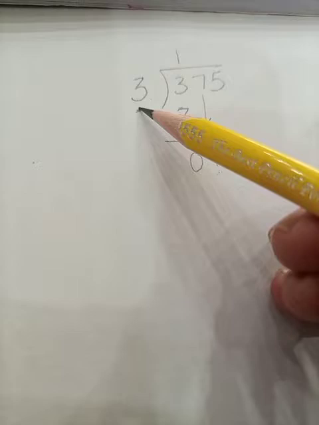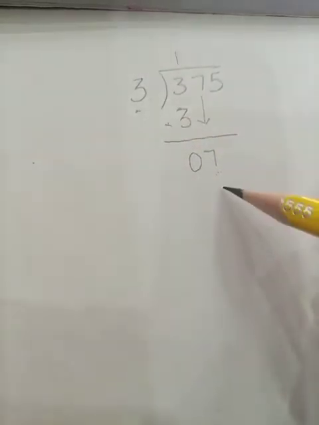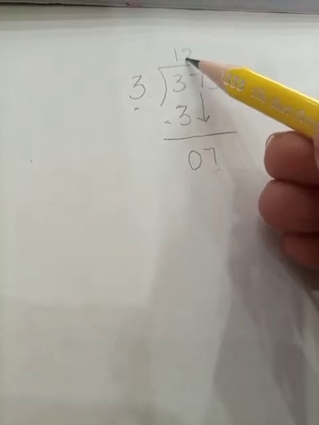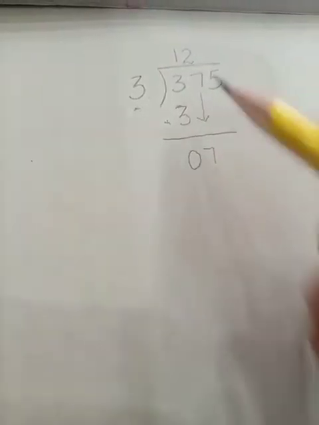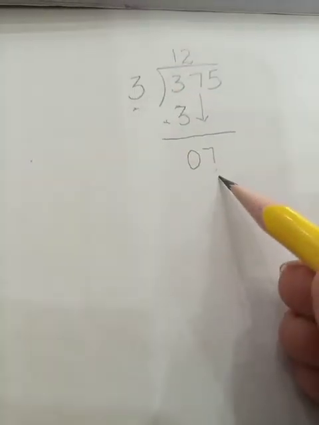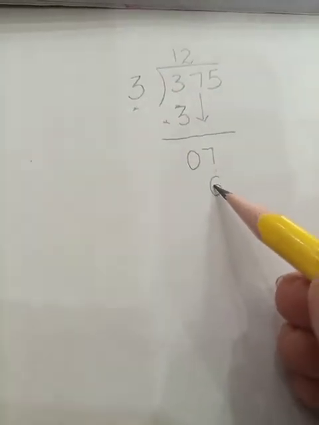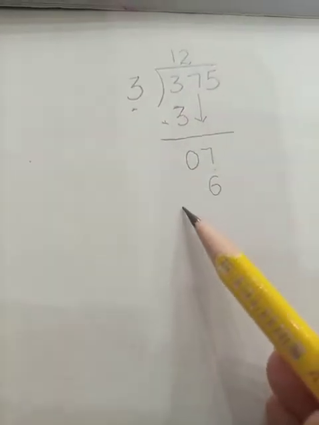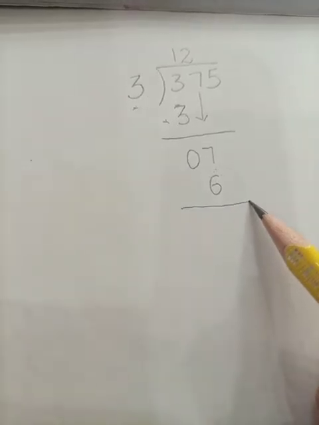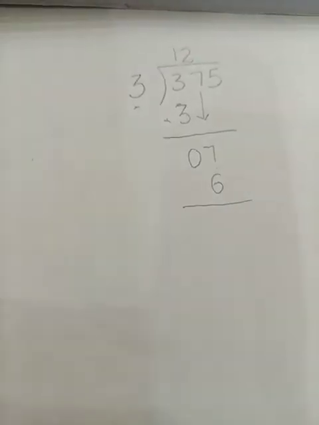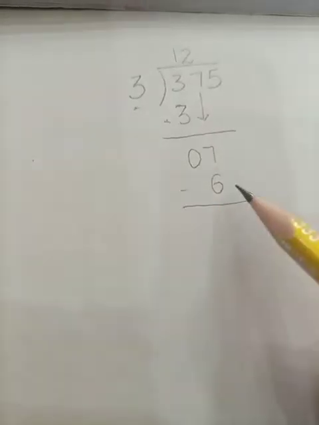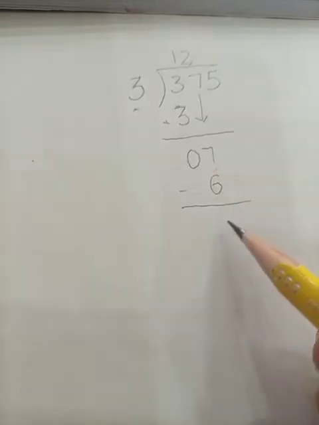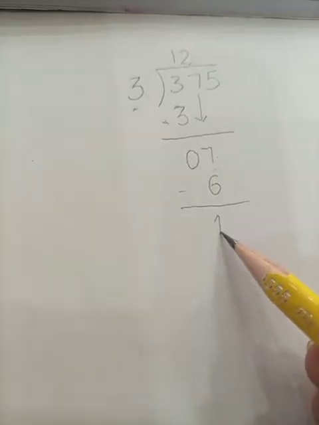3 ones are 3 and 3 twos are 6. I can write the 6 here. So students, I am writing my number 2 in the quotient and the product of the quotient and the divisor here. Okay. So students, 3 twos are 6. We have solved it. Tell me the next step. Yes, very good. The next step is subtraction. Again, I am going to subtract my number 6 from the 7. So students, by subtracting 6 from the 7, I got my remainder 1.